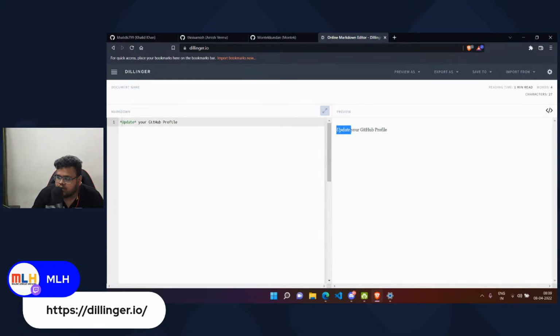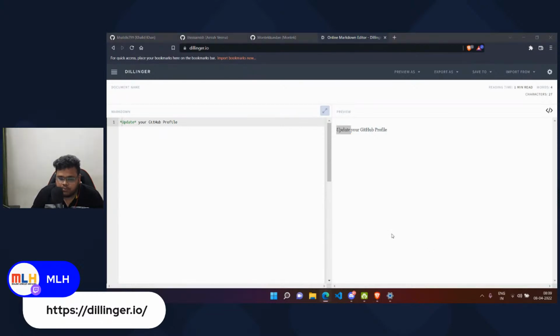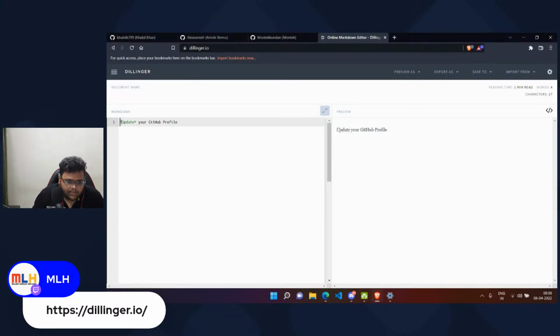Now, if you want to keep a particular text both bold and italic, you use three asterisk signs. I'll go and show you up here. So if I use three asterisk signs, it will be both bold and italic. Make sure you do add a space after every sign you use for Markdown, so that it doesn't